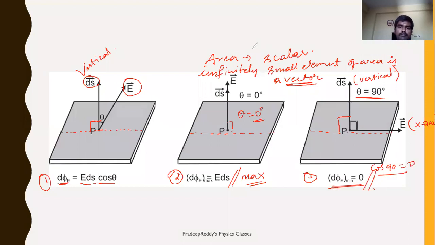So remember that if surface area is parallel to electric field, no flux passes through that surface area. If surface area is perpendicular to electric field, in such cases, maximum flux can pass through that particular surface area. So this is one important thing you should remember. This is how you can calculate electric flux through different surfaces just by taking the dot product of surface area and electric field.